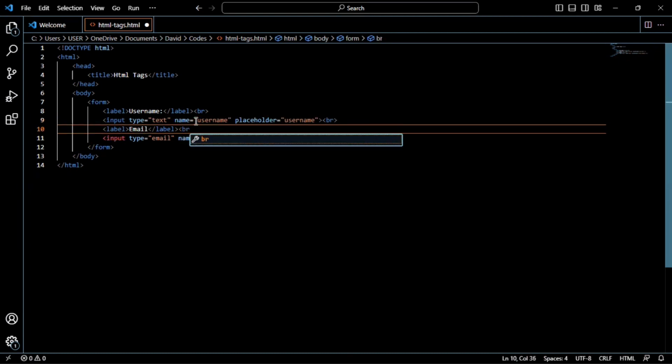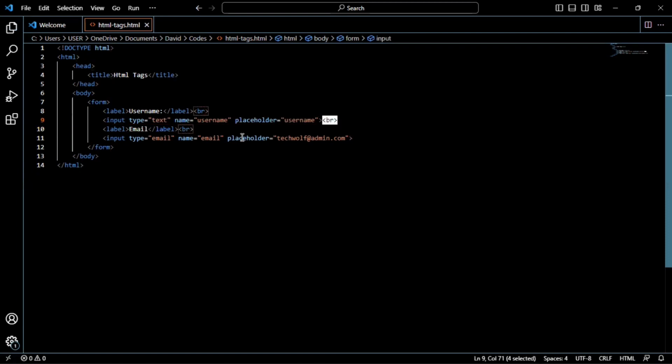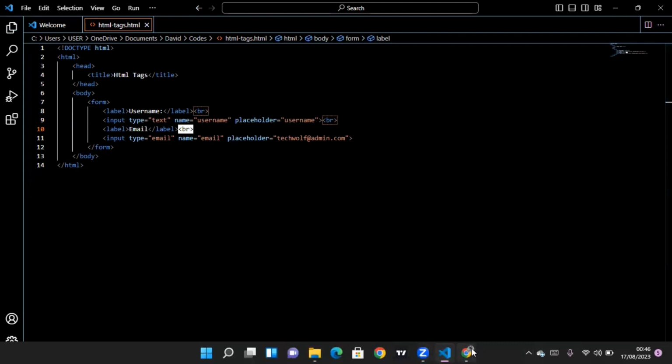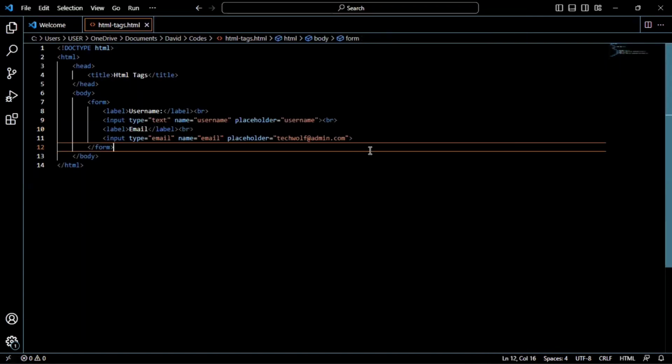Okay. The reason why I put these tags here and here is for this. What that first break line tag is going to do is move this email down here, and then it's going to move this one under the email. So if we reload, you see exactly the same thing. So we go on,